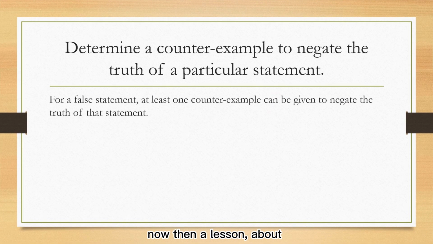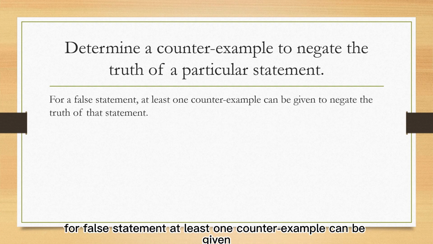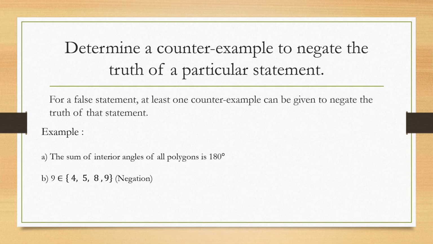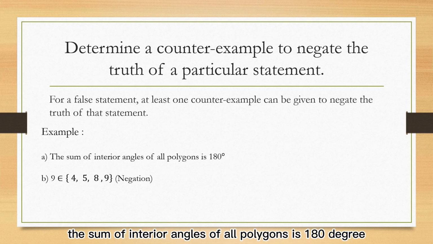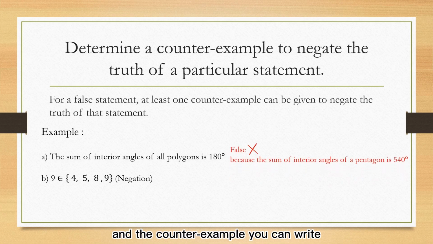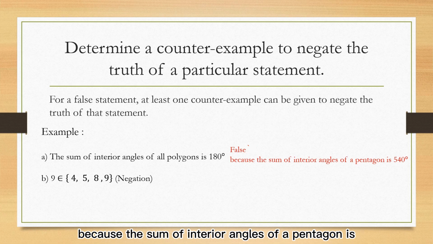Now then, a lesson about identifying a counterexample to negate the truth of a particular statement. For a false statement, at least one counterexample can be given to negate the truth of that statement. For example, question A. The sum of interior angles of all polygons is 118 degrees. The truth value is false. And the counterexample you can write is because the sum of interior angles of a pentagon is